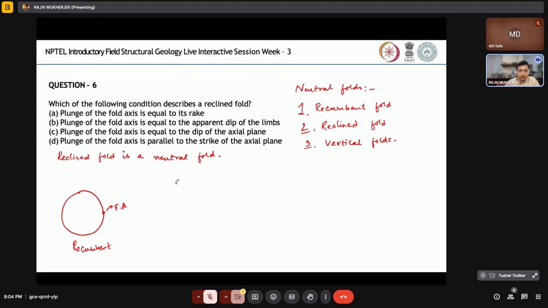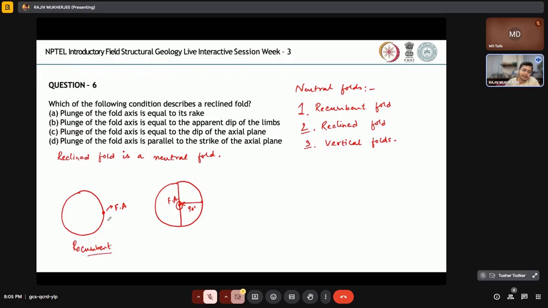And if I just draw a vertical fold, I move the fold axis to 90 degrees, and then I have the axial plane. So this is where the fold axis will lie, right? So just shift the fold axis from 0 degrees to 90 degrees, but in doing so you are also changing the dip of the axial plane, and in such a manner that